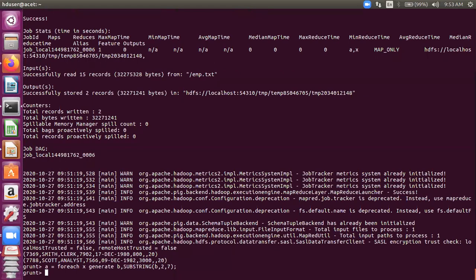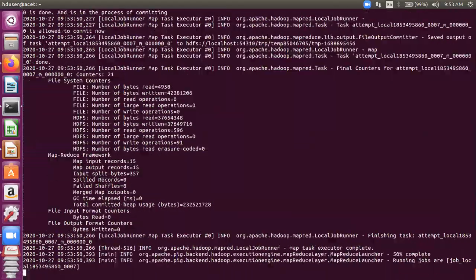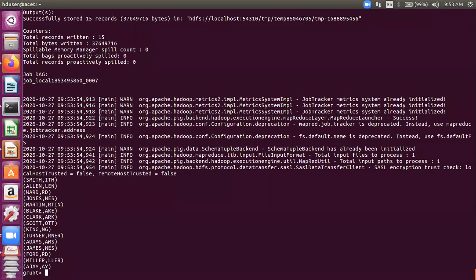So let's dump a, and let's see the output and discuss it, so that it is more clear to us what is extracted from each one of the names. So you can see from Smith, S is at 0 index, M is at 1. So I started with 2. So this was our query, 2 to 7. Okay, so I think we can make it a shorter one, because names are short.